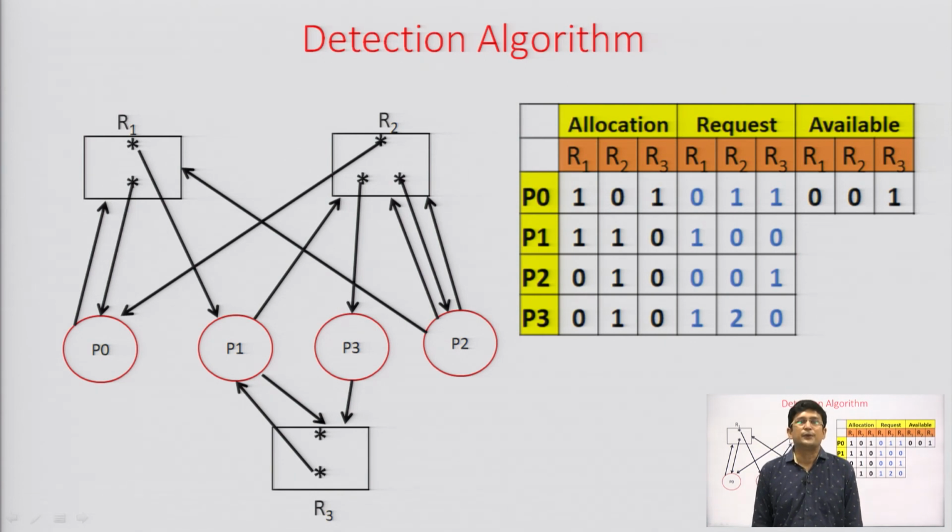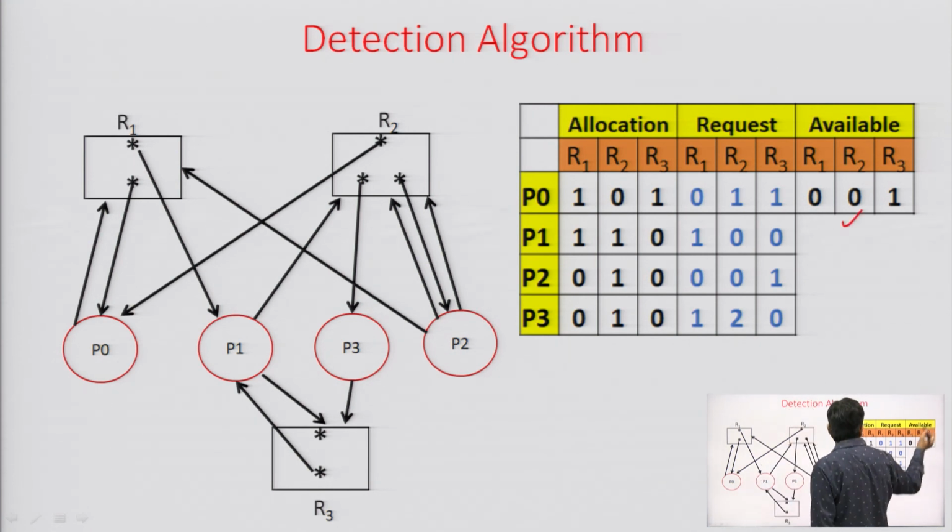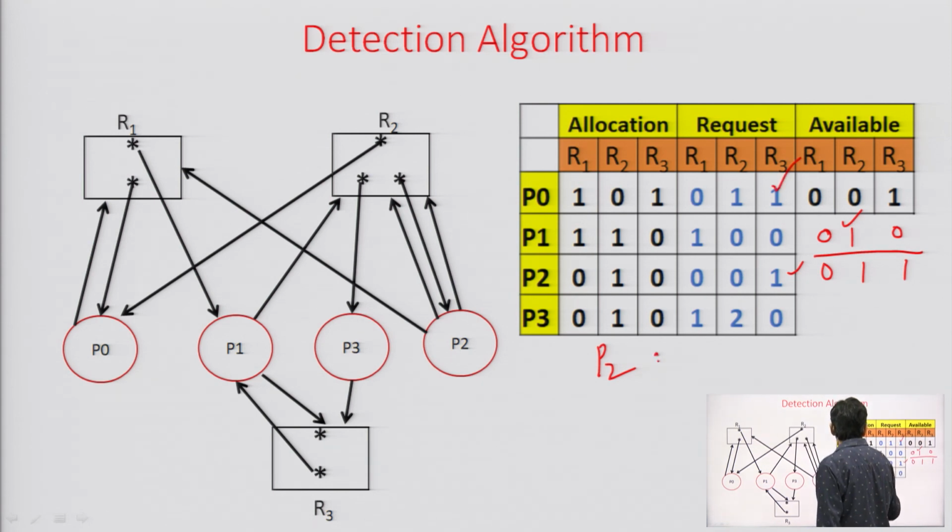I have built it for you, but you should do it by yourself and compute the results by setting the finish of all the processes as false, and then find out which of the processes can complete. Okay. Now for this example, you can see that the available is this, so you can satisfy the request of P2. So first P2 can finish. When P2 finishes, all its allocated resources will be free. So the total available then will be 0, 1 and 1. With 0, 1, 1 you can satisfy the request of P0.